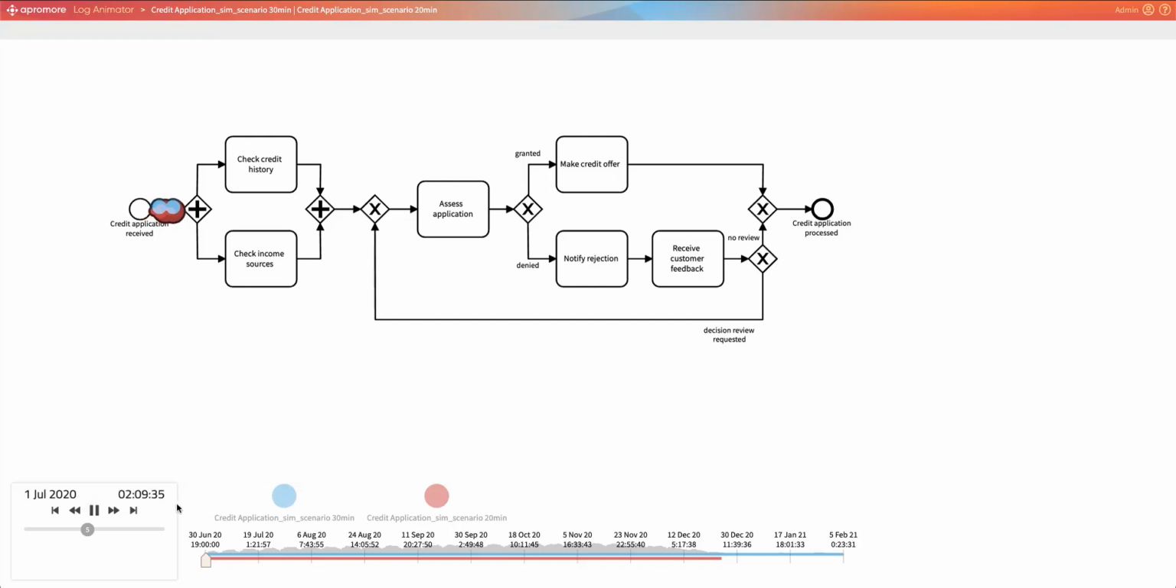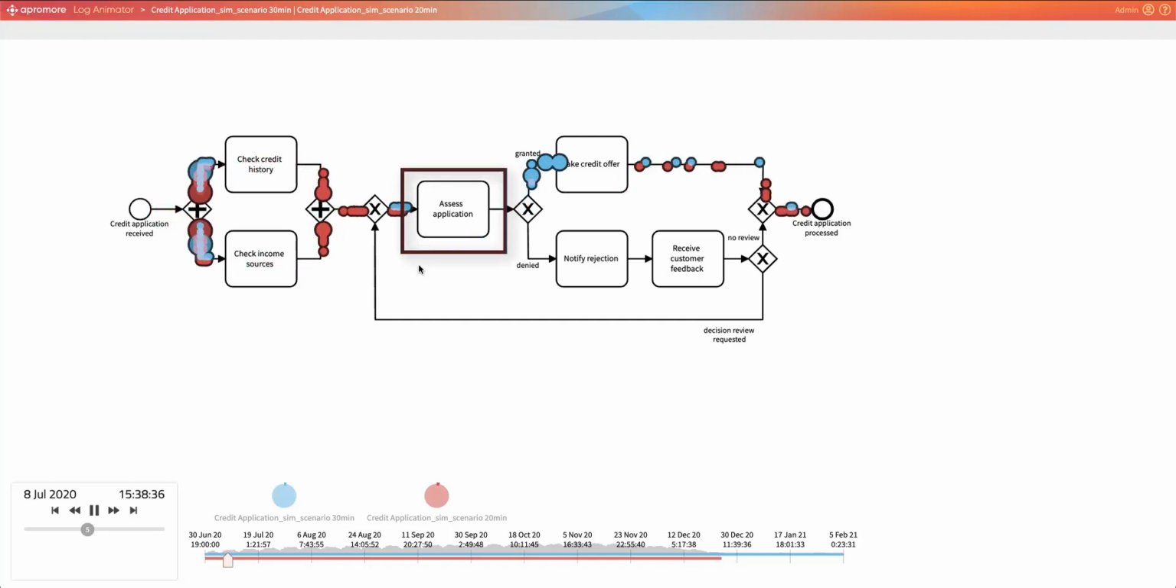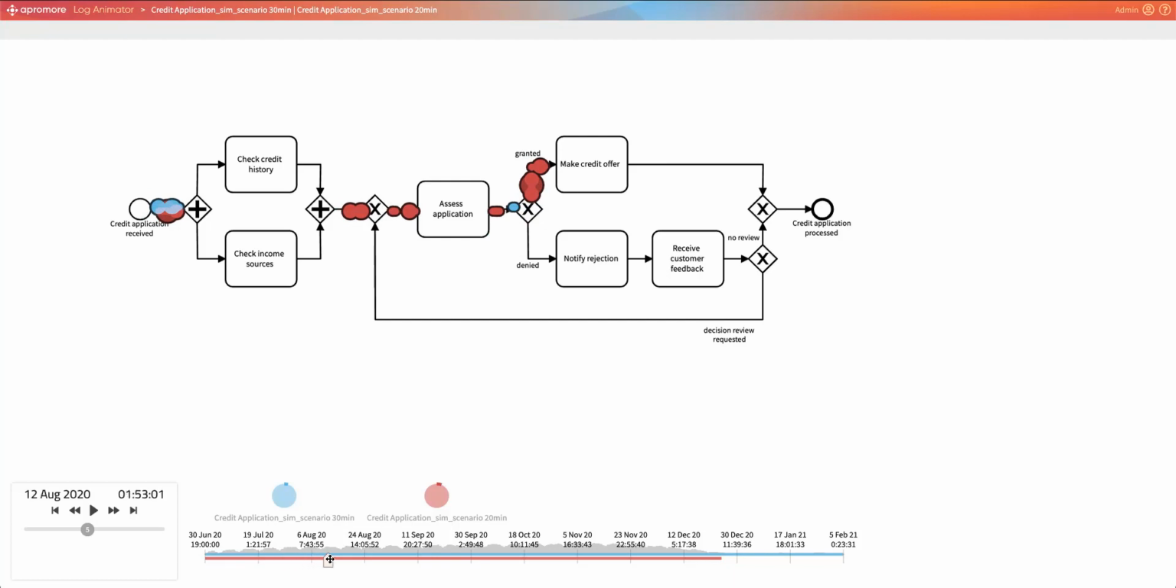We now kick off the replay and we can see the cases flowing through the model. What we expect is that at a certain point in time a bottleneck will emerge at the doorstep of those activities that are performed by the clerk, such as assess application. So let's advance the progress bar further in time, and now we can see indeed the formation of the bottleneck